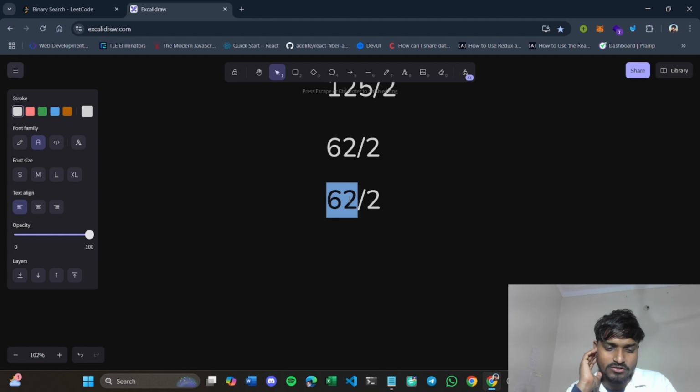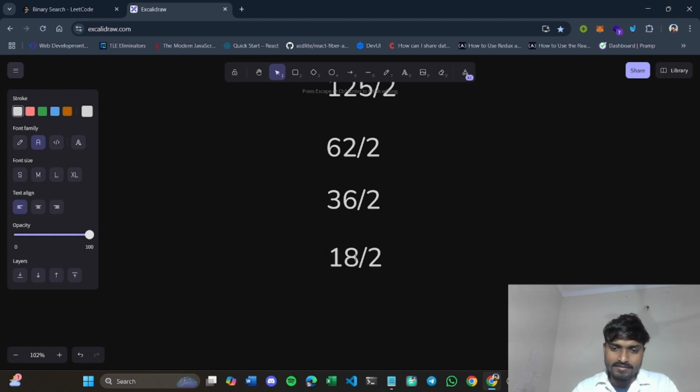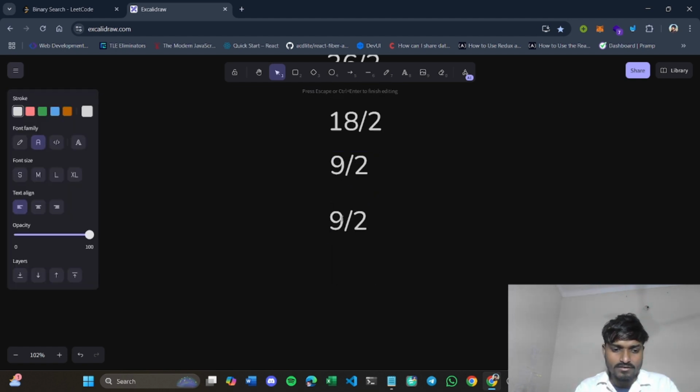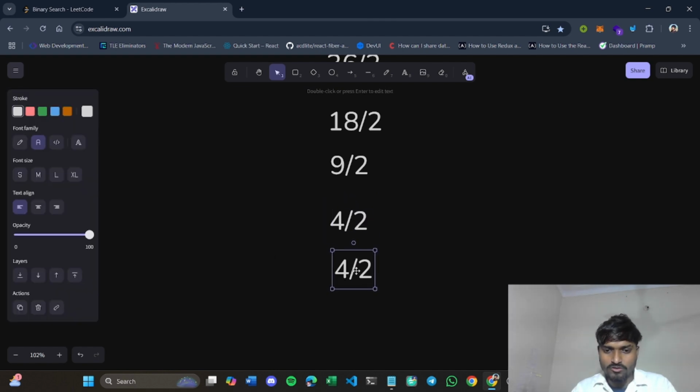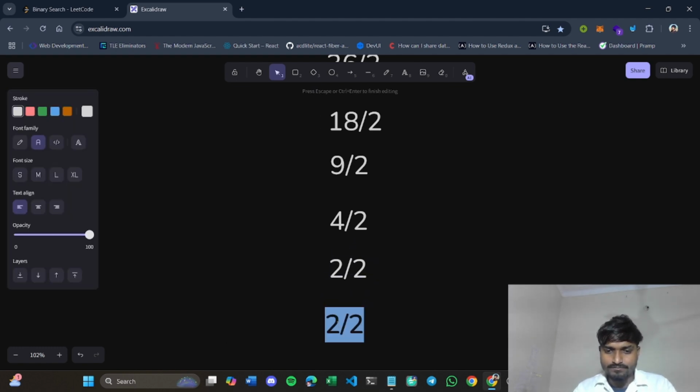When you divide 4 by 2 you get 2, and dividing 2 by 2 you get 1.